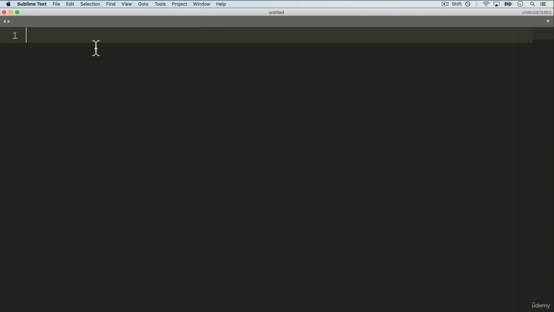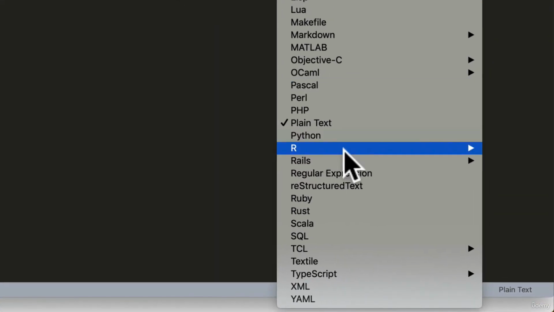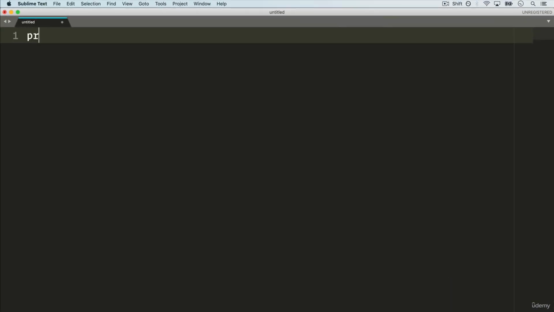It's a code editor that allows me to write just like a Word document, but it has this ability to format my code and make my code look better when I'm actually coding. If I go down to the bottom here and click, you see that we have different languages that we can use. In my case, I want to use Python. So that now if I do print, look at that.